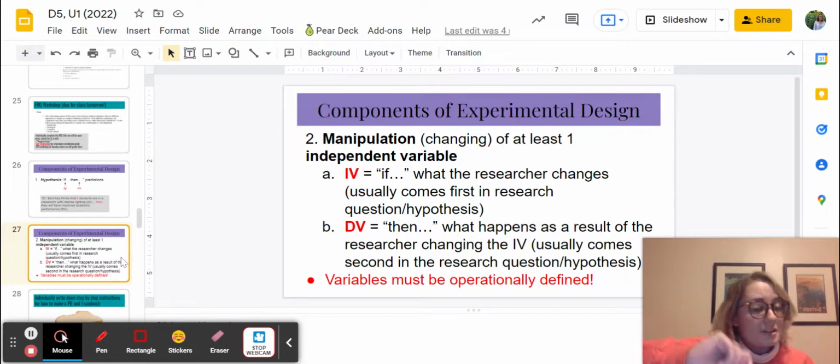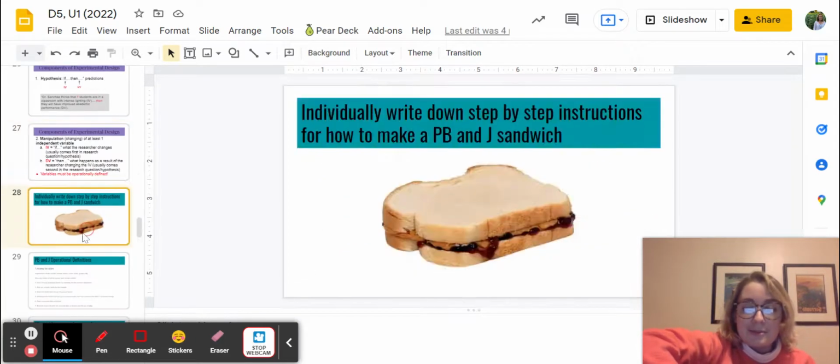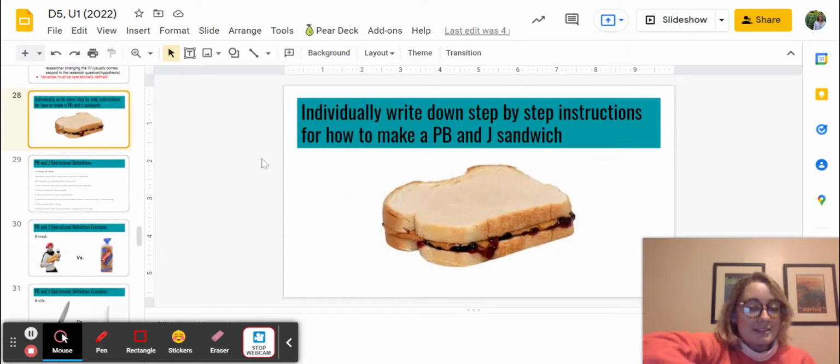So we're gonna come back to operational definitions, but what we're gonna do is first talk about how to make a peanut butter and jelly sandwich. So if you're home, you can go ahead and write down your little step-by-step instructions on how, if you were to tell a little kid, you're describing to them for the first time how to make a PB&J sandwich. So write down those instructions,